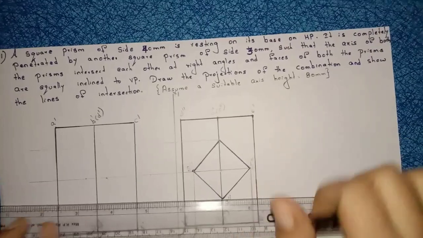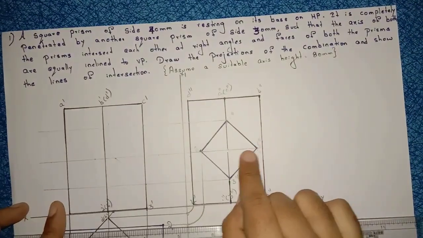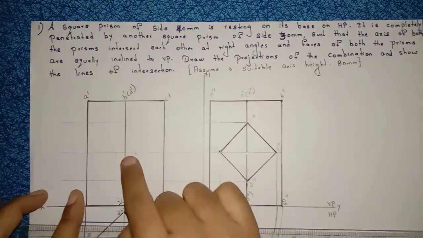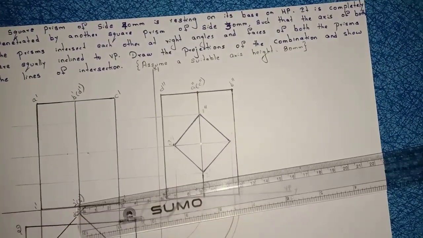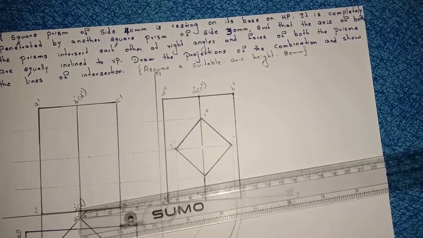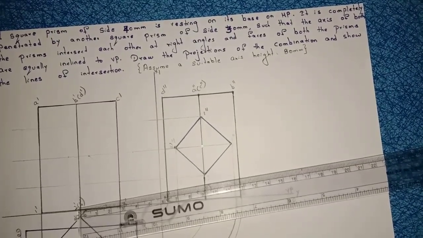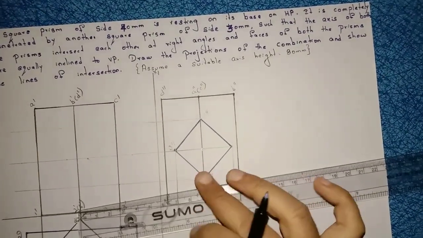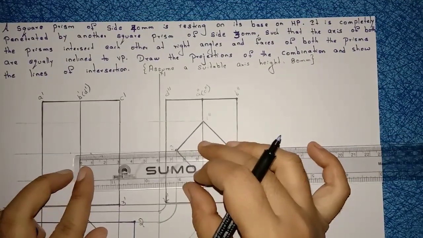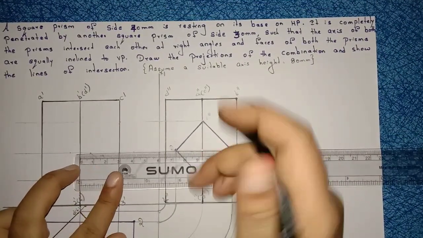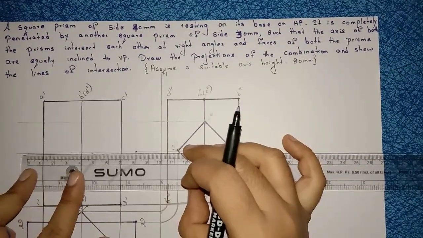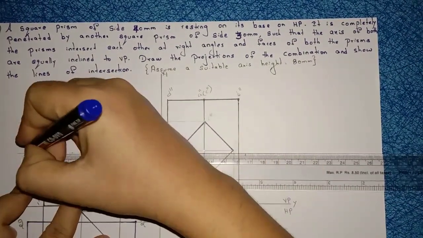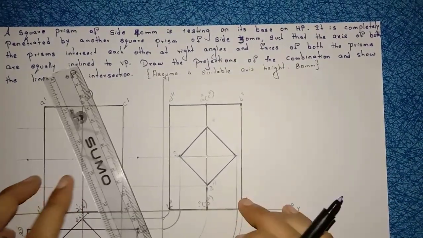Axis height is how much? 80 mm. This is the 4'', 2'' midpoint line. This is your axis height. So from this point, from the midpoint, right, 80 mm, no? So the same 40 and 40 you have to mark. From the midpoint I will mark 40 mm here, right? Again from the midpoint I will mark 40 mm here, right?